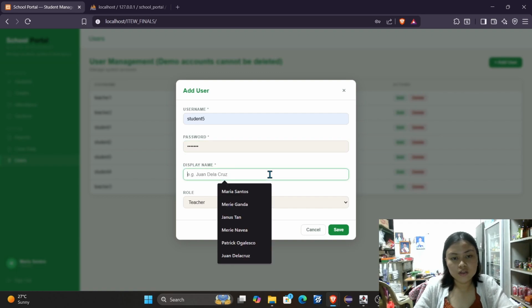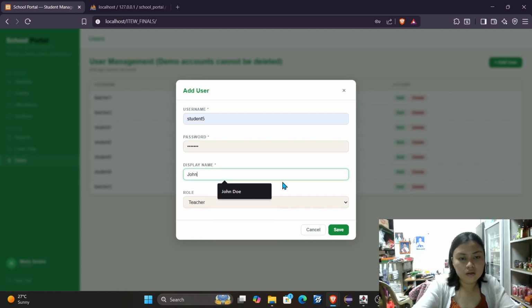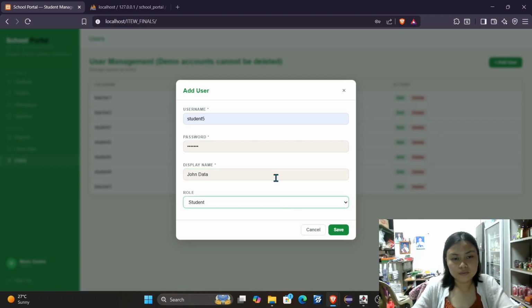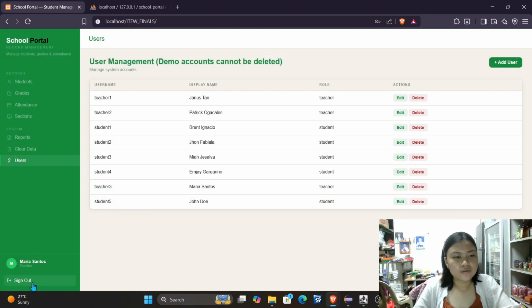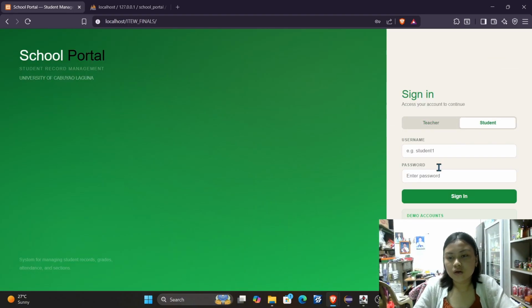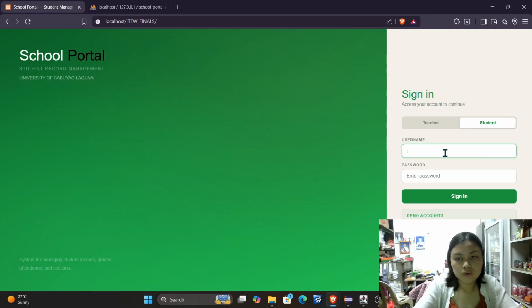So now in the users, let's also create a student account for John Doe in order for us to see the reflection of his recorded data here in the website. So now we are going to use the account of John Doe to access our student portal.